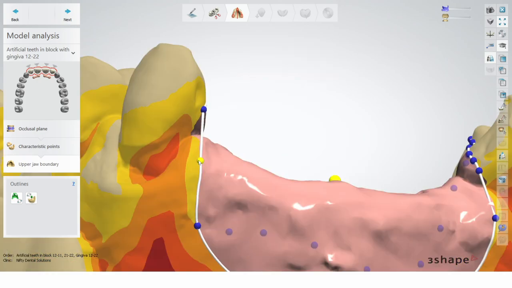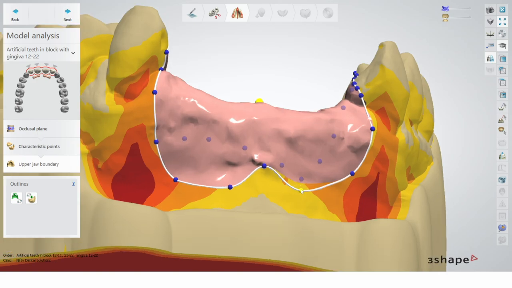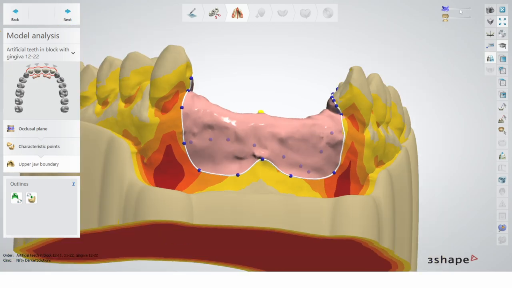Now, in dental technology, I think we all know it's better to have more than add. And for this case, I usually overextend the flange a little bit or get the undercuts a little bit more engaged, just because I prefer to relieve that with a handpiece rather than add material if I need to.